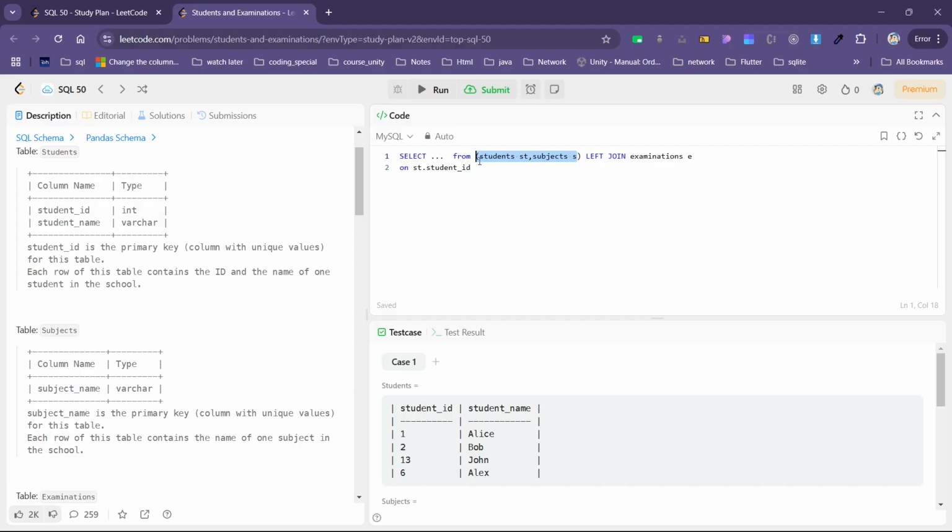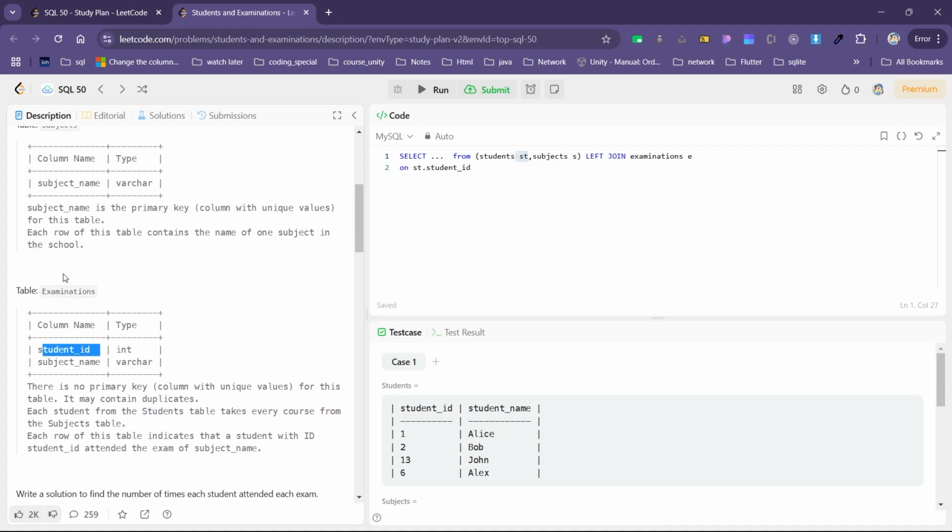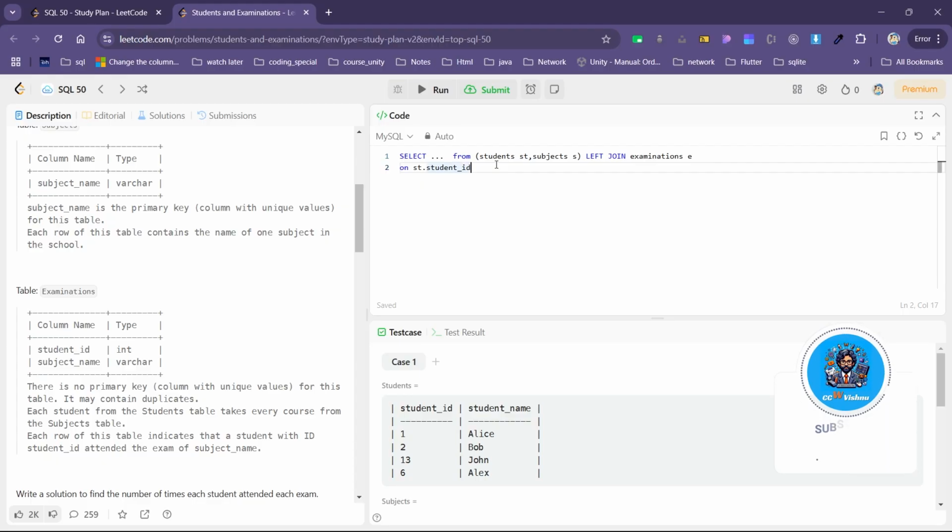That cross join has a left table and this right table. From that left table, there is a student ID that must match with this examinations ID. And if it doesn't match, then just put null values in the examinations table, right? So that condition is